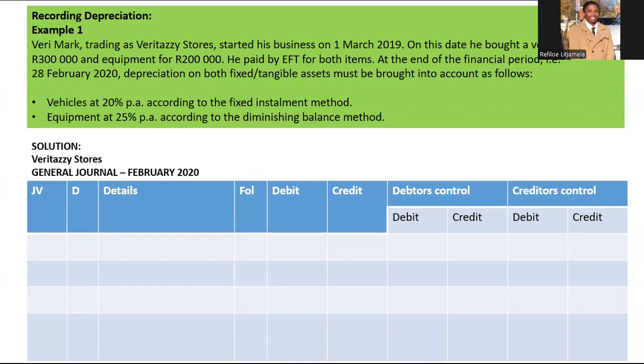So we've got vehicles at 20% per annum, highlight per annum, on the fixed installment method, which is the straight line basis or the cost method. And on equipment, it will be 25% per annum according to the diminishing balance method. That is basically taking your carrying value and multiplying by